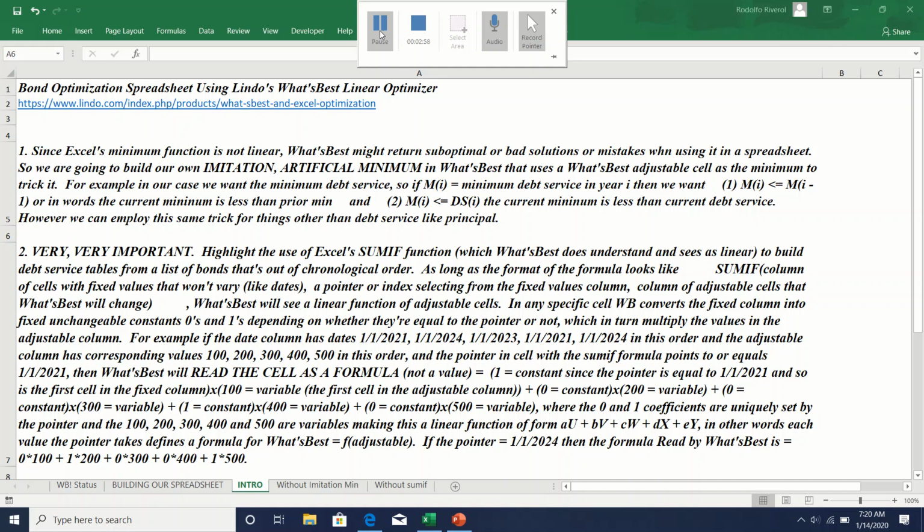as a formula, not a value, as a formula that's going to be equal to 1, which is going to be a constant, since the pointer is equal to 1/1/2021, and so is the first cell in the fixed column, times 100 as a variable, the first cell in the adjustable column, plus 0, which is going to be a constant, times 200, which is going to be a variable, plus 0, which is going to be a constant, times 300, which is going to be a variable, plus 1, which is going to be a constant, times 400, which is going to be a variable, plus 0, which is going to be a constant, times 500, which is going to be a variable,